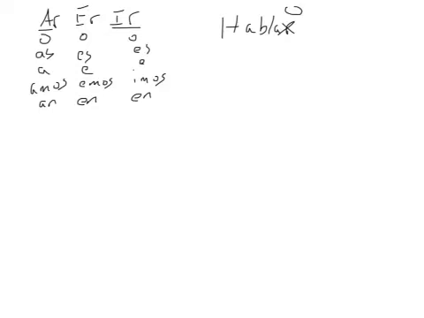However, stem changing verbs are a little bit more complicated. You take your stem and there's a vowel in that that's going to change. We have E to I, E to IE, and O to UE. So,